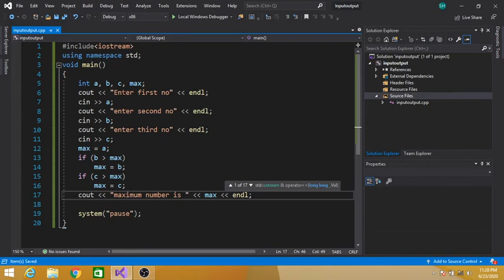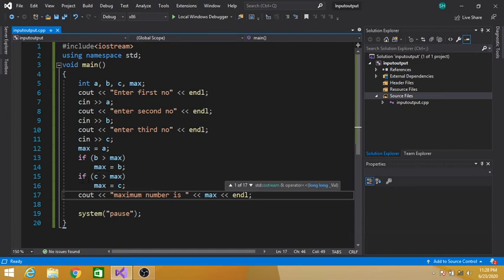Suppose we are asked to write a program that inputs 3 numbers from the user and displays the maximum of the 3 numbers. So we are declaring 4 variables: A, B, C for 3 numbers and max to store the maximum value. We are getting 3 numbers from the user, then we are supposing that A is maximum, so we are storing the value of A in the max variable. Then we are comparing if B is greater than maximum. If so, B is maximum, so we are assigning B to max.